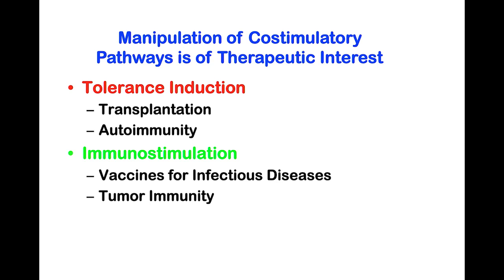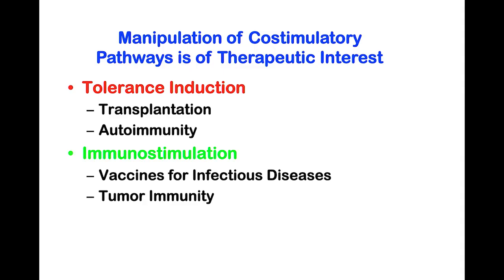The idea being that if we understood these signals, we could understand how tolerance is regulated and use this information therapeutically to enable transplantation acceptance, prevent transplant rejection, and also to treat autoimmune diseases that develop when there's a breakdown of tolerance. On the other hand, there are situations where we want to stimulate the immune system. So understanding these co-stimulatory signals, could this be used to develop better vaccines for infectious diseases and used to stimulate